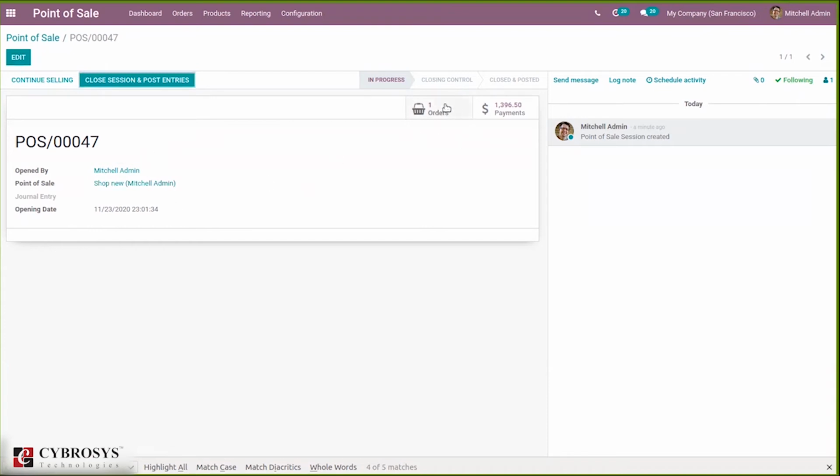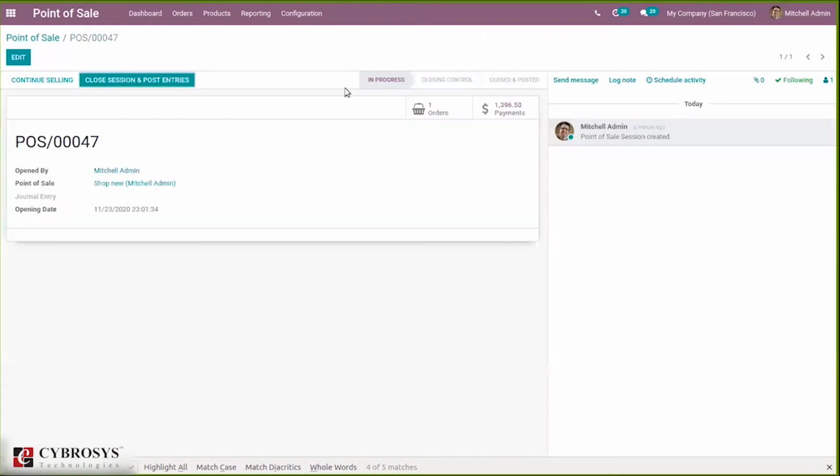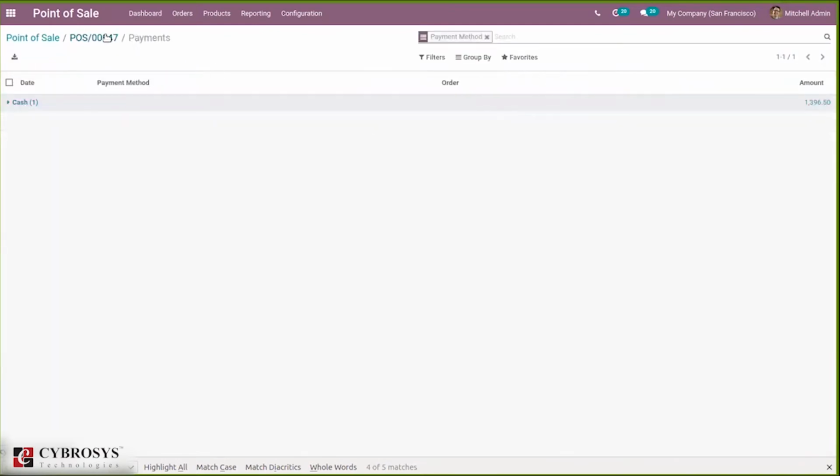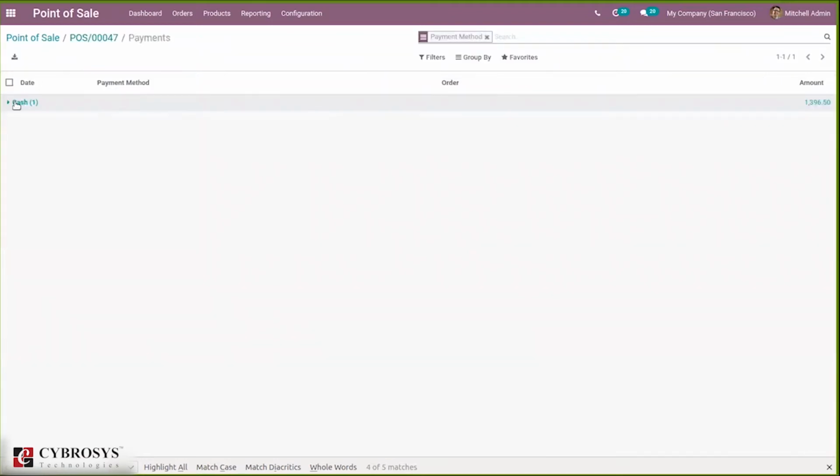Then you can see the orders. Here we have paid orders. When you click on this, you can see the payments, the date, and the payment method.